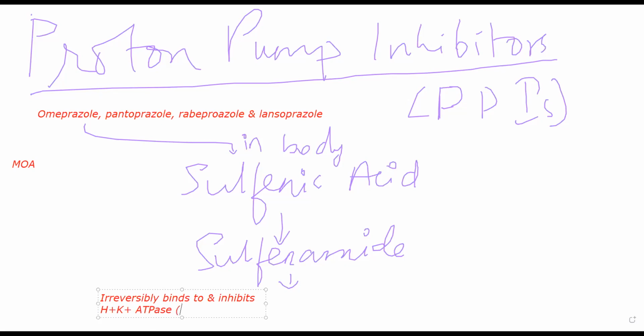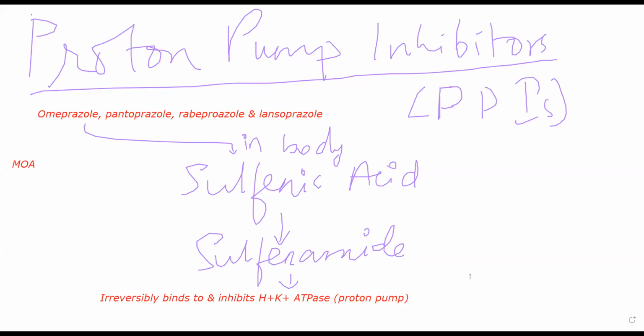Hydrogen potassium ATPase is also called the proton pump. So yesterday when we had discussed all the mechanisms through which hydrogen chloride is being produced, I remember telling you there is a pump through which all the stimulus is being passed. This hydrogen potassium ATPase is responsible for making sure that hydrogen is entering into the lumen in exchange for potassium. You are essentially blocking that. One of the main ways through which hydrogen chloride is formed. Without this, hydrogen chloride will never be formed.